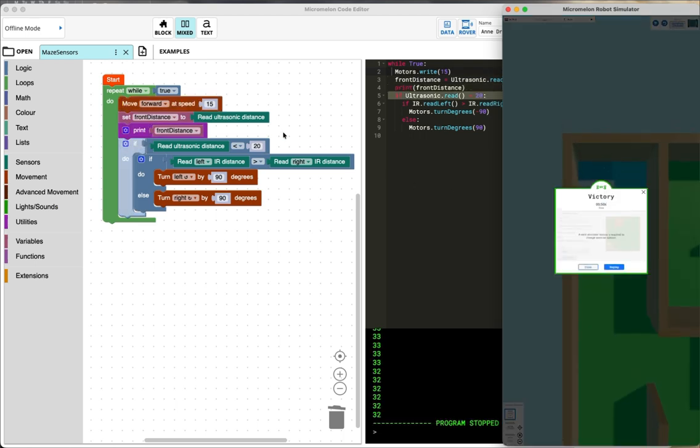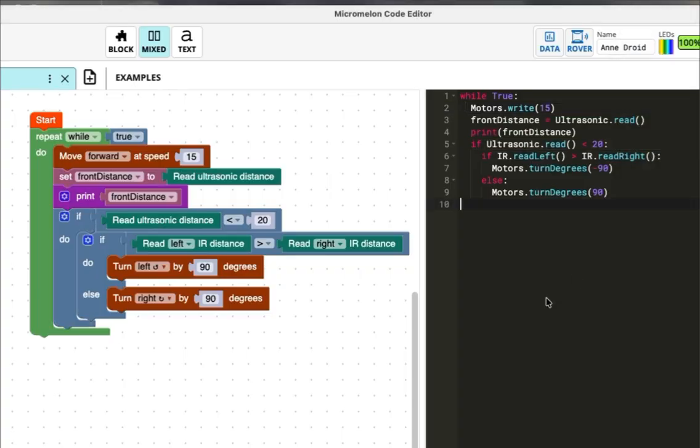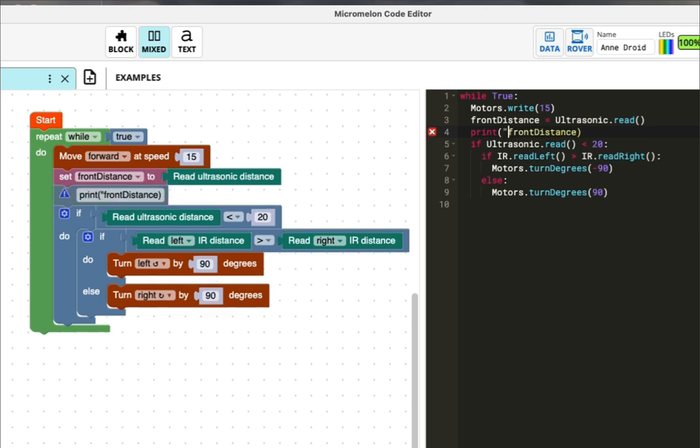So what we've just done there is use what's called a nested decision with a loop, and using a couple of variables, we can actually see the solution occur. So let's step this up just that one little bit and actually work out what it's seeing. We know we're within 20 of the distance, it says there, so we're going to put a little comment in here. We're going to go up the top here and go quote front colon space quote, and then we're going